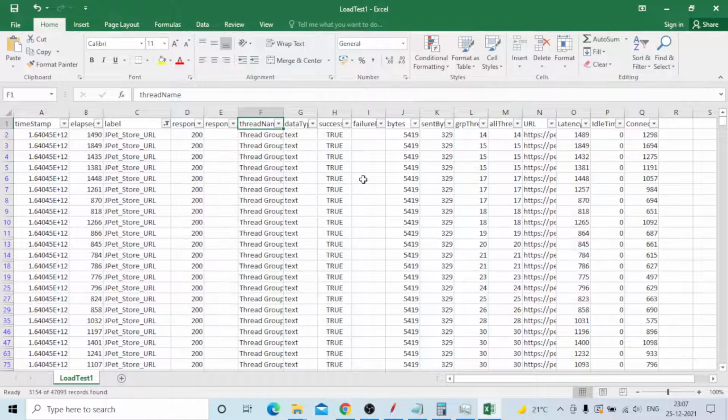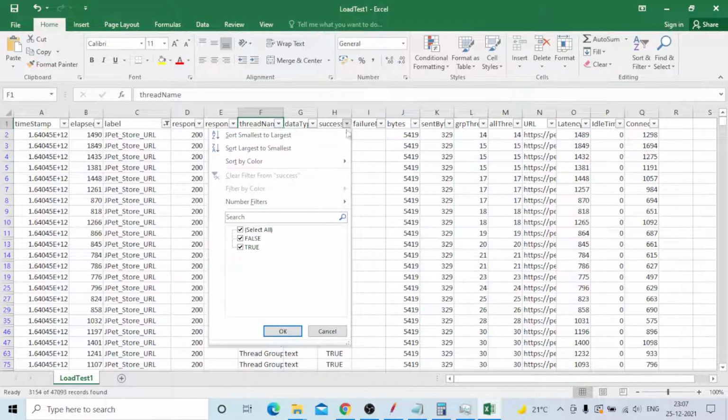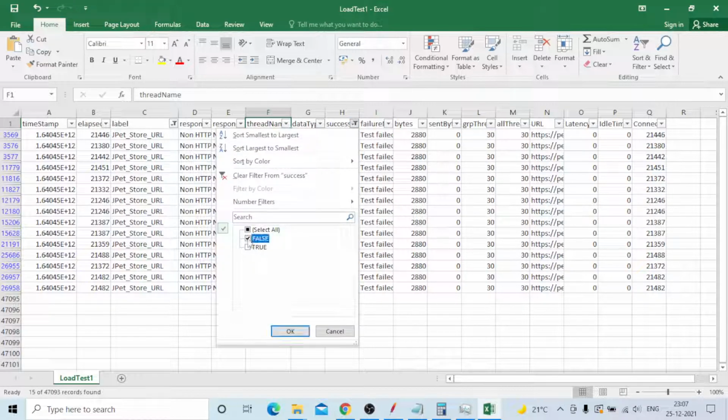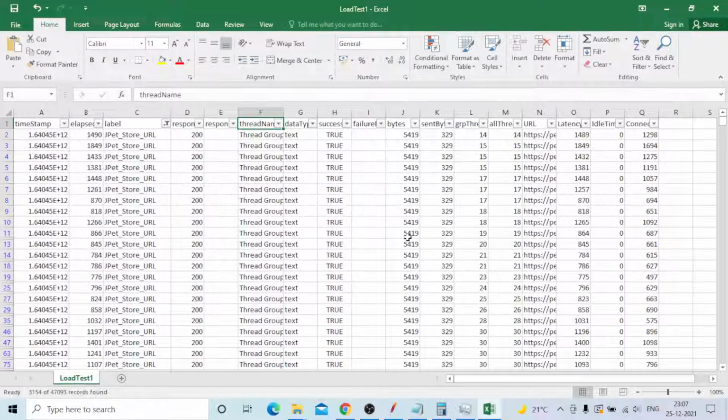And the success column has both true and false available. You need to select true for the very high-level view. For this test you can select false. It will show the total number of failed ones, so you need to remove that one. You can select all.